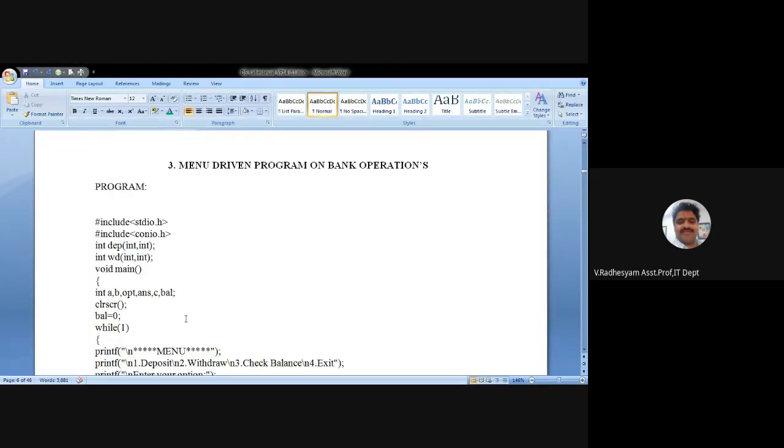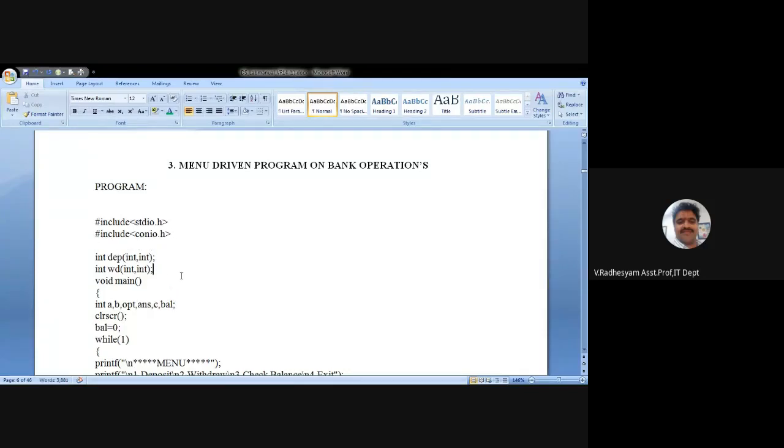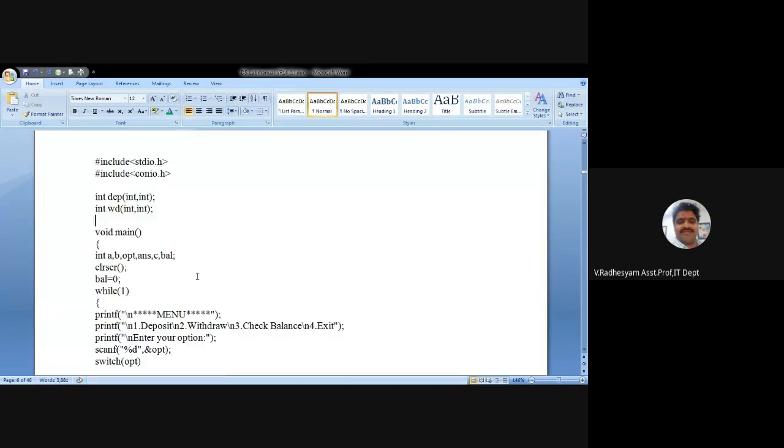Similarly, a menu-driven program for bank operations. These are the header files. These are the function definitions, deposit and withdraw. As usual, this is the void main, start of the main.